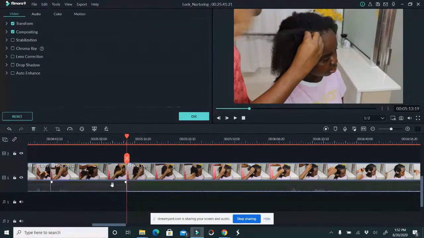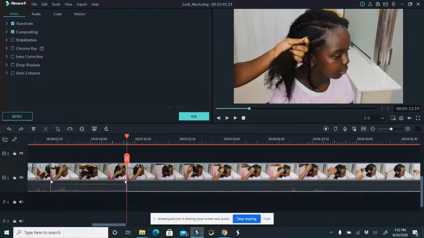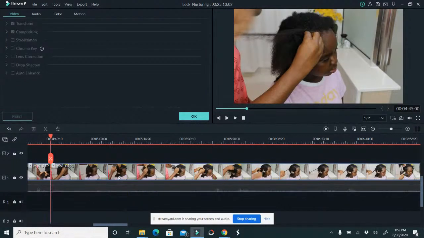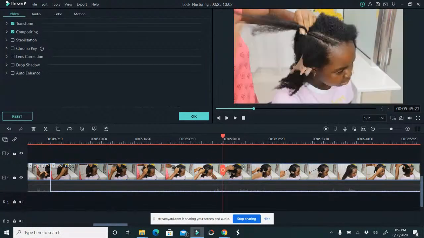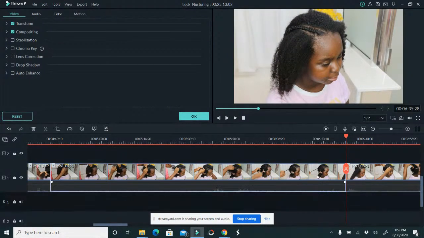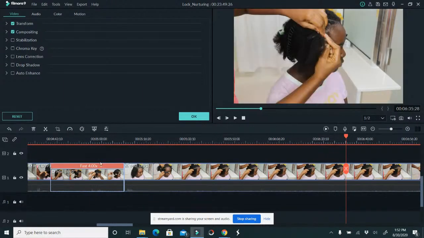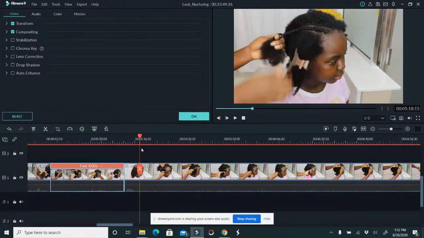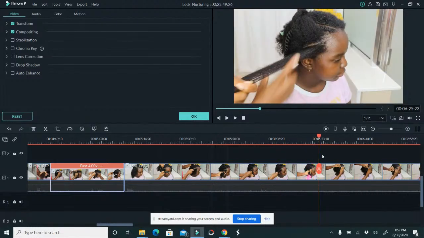Okay, so right here, oh, I think I deleted the wrong part. Okay, I'm going to speed up this area. So right over here, I'm going to go here to speed it up. So make this fast. I'm going to speed up 4. Okay, that's fast enough. And then the other section,